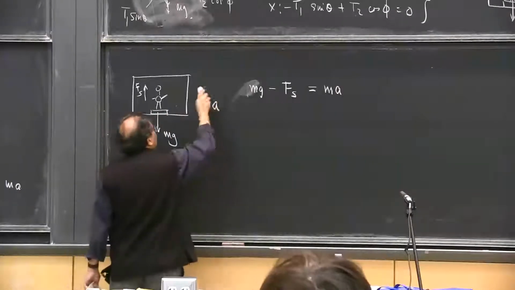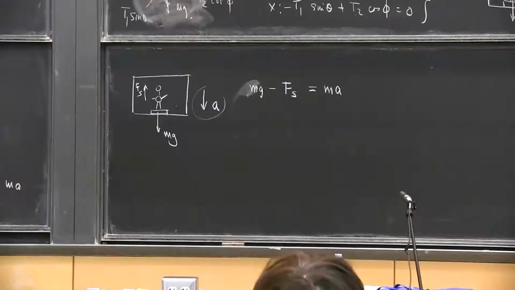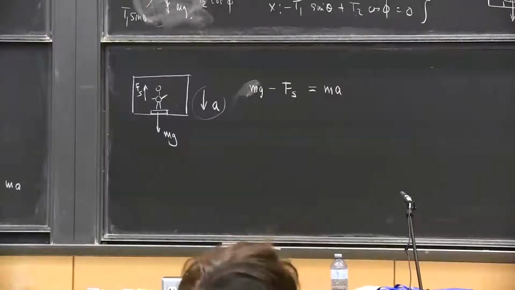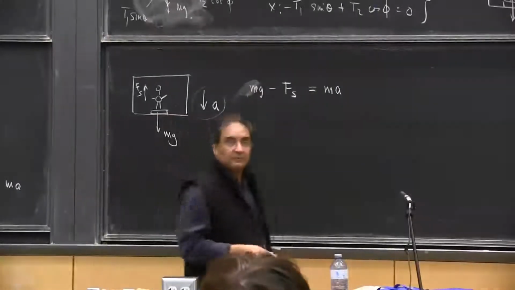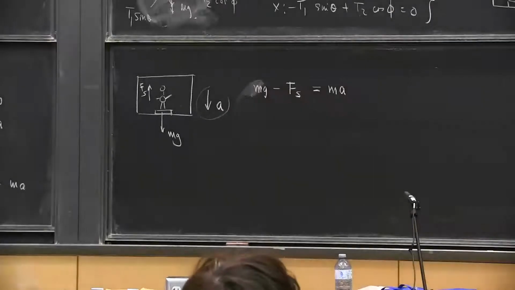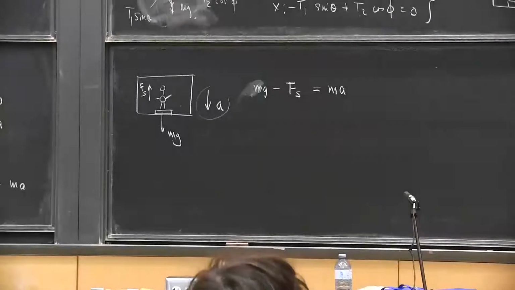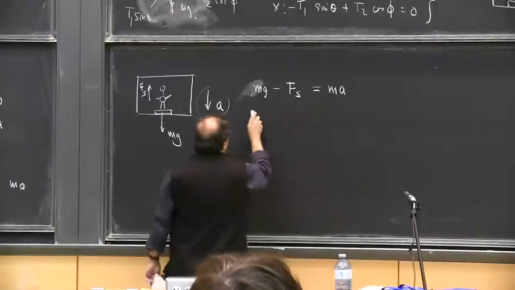Because ultimately, at the end of the day, I'm going downward. And on the right side, instead of dealing with the minus sign, I put ma positive. So this is a major departure from the blind rules that I instituted when we were taking baby steps. So now you are presumably grown up, and you don't need to take just baby steps, and it can make your life easier. Now you see, if I move Fs to the other side,